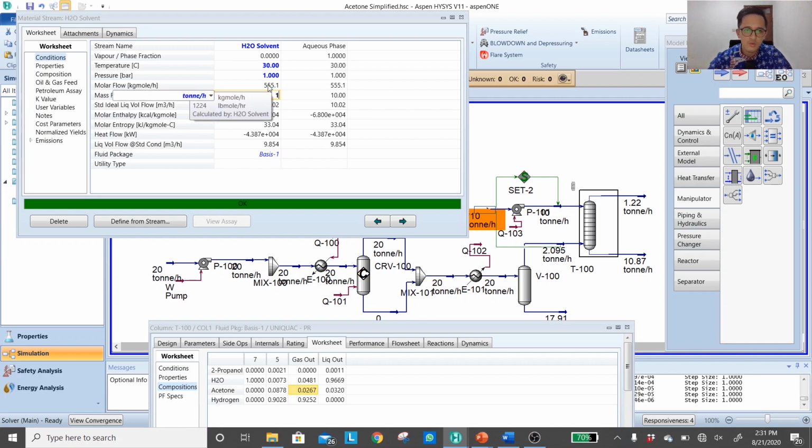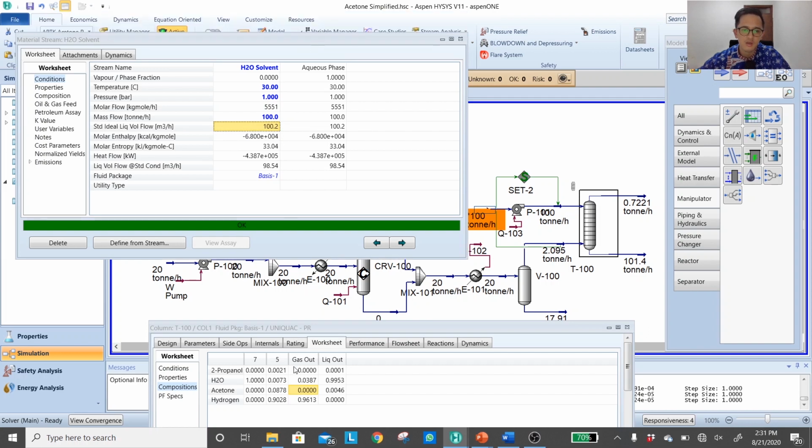Okay, can we go really high to about 100, for example? Okay, as you can see, if we provide 100 ton per hour, the amount of acetone in the gas out is already 0. Everything is absorbed to the bottom, but the problem is maybe it's gonna be very costly. Why? Because now we will have a very big water circulation, even it's 5 times of our feed. Okay, so the rest of our process will not contain a lot of acetone or IPA. It will contain a lot of water. Okay, so that will be the problem, or that will be the challenge.